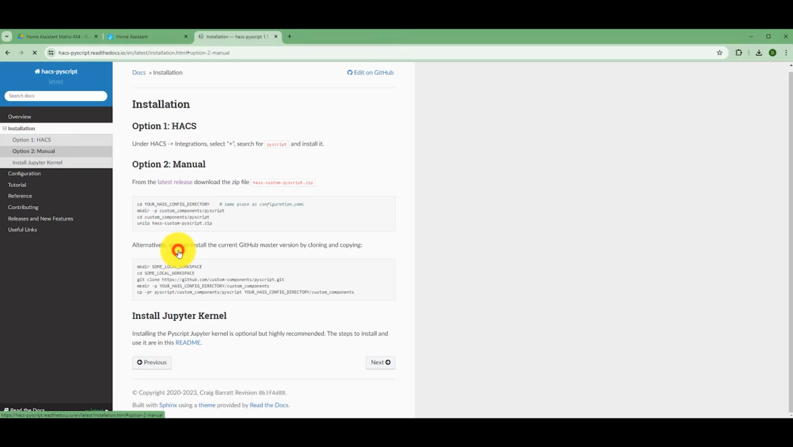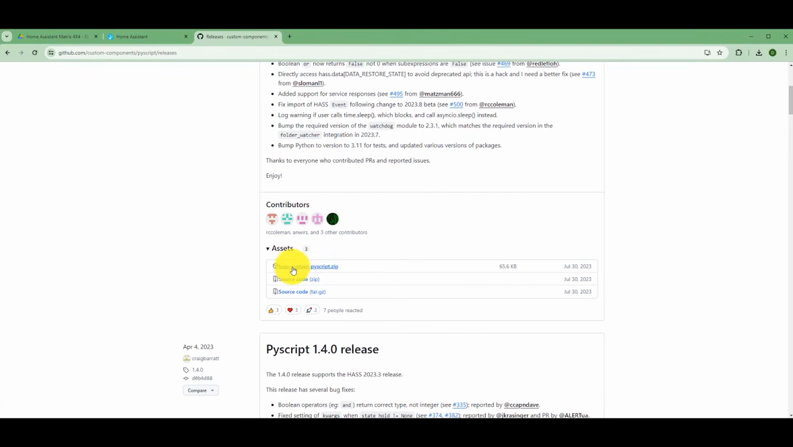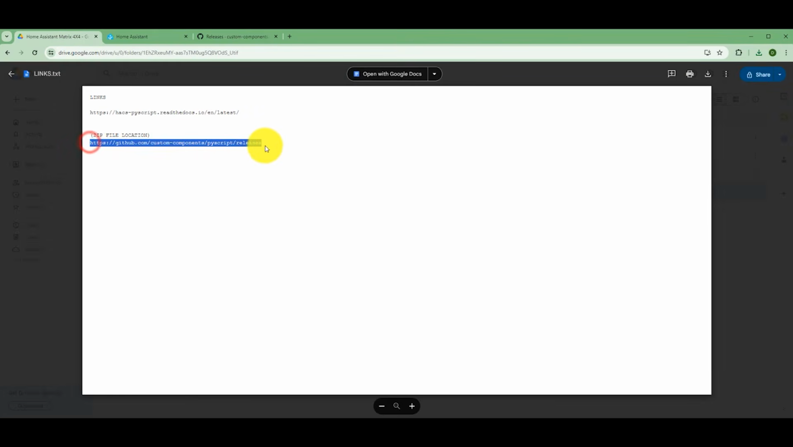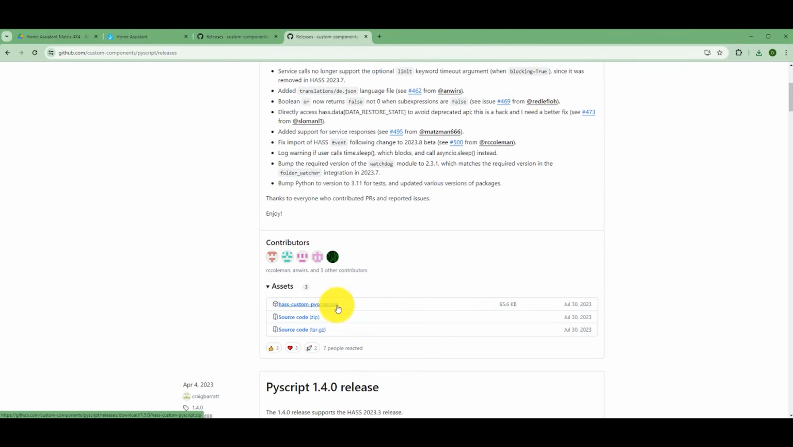Contents, option 2 manual for the latest release. And we're gonna go down here to hass custom PyScript zip and download that. Okay. This link also sends you to the same spot. But if you want to see everything else, I'll give you the other link too. So download that. Cool. Once you have that downloading,